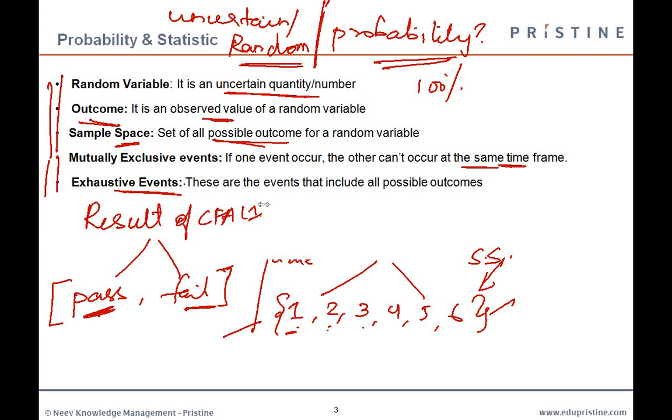Let's take a hypothetical example. Let's say apart from your results of the CFA level 1 exam, apart from pass and fail, you have a new possibility called borderline. Borderline is nothing but 50% pass, 50% fail. So then this becomes mutually inclusive. That is, borderline is nothing but half pass, half fail. It's a very hypothetical example because usually you never get an event which is mutually inclusive. Usually we talk about events which are separate, mutually exclusive. So mutually inclusive is more a theoretical consideration. You usually never get such an example. All right.